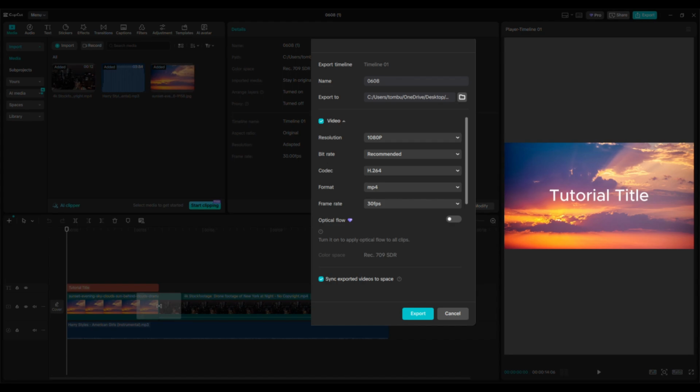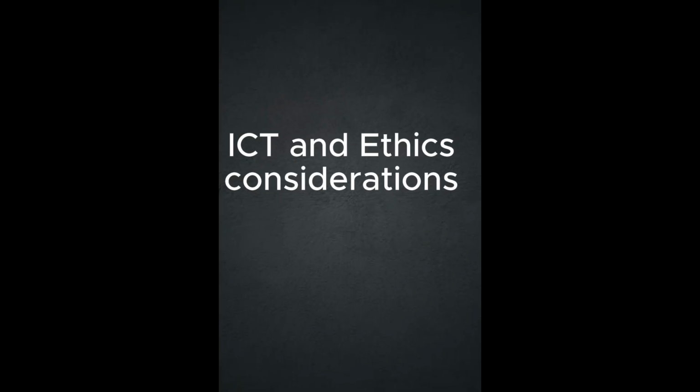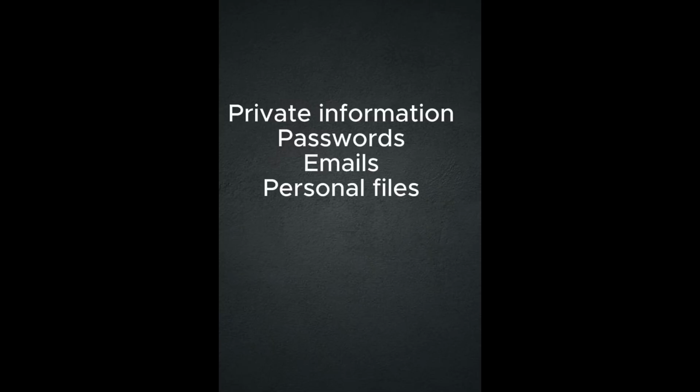Finally, before finishing, I just wanted to take a quick second to talk about ICT safety, ethics and accessibility. When you're recording, you need to make sure not to show any private information like your passwords, emails or personal files. Make sure to also use appropriate media and music. Make sure that the media is not copyrighted. If it is copyrighted, you will need to seek permission before using it. For accessibility, try and keep your narration clear, your text readable, and your design choices simple so that the video is easier